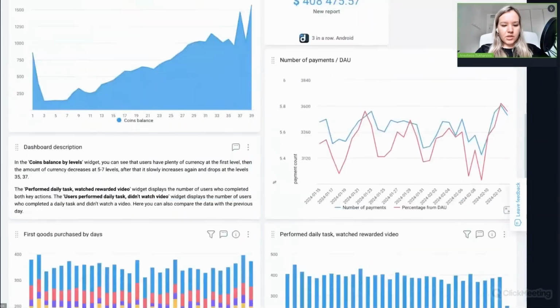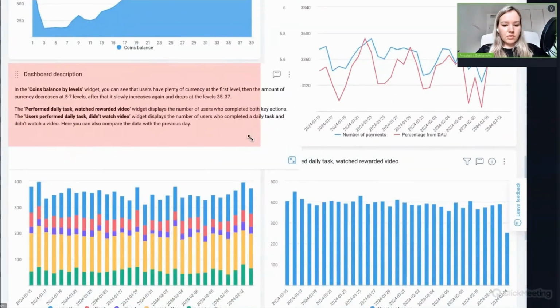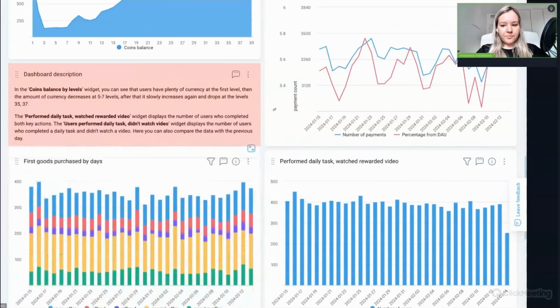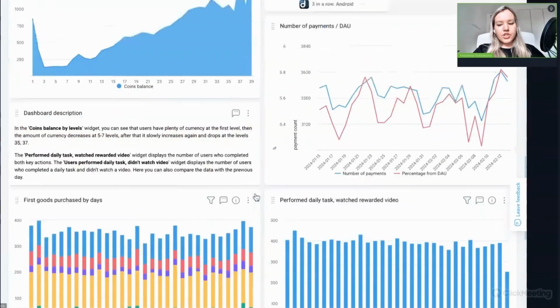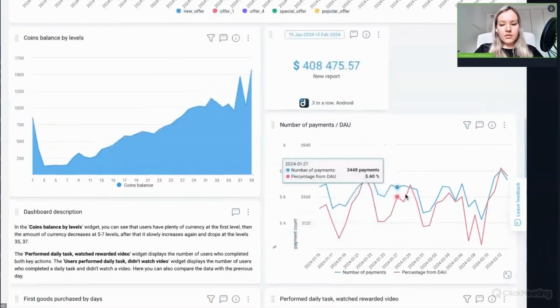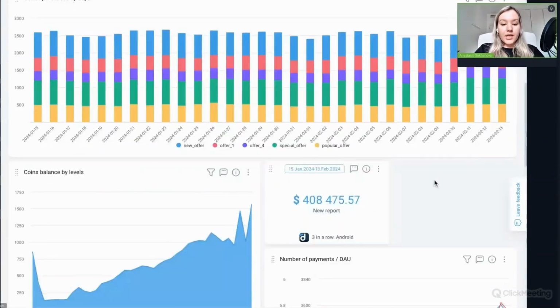And for example, you can also expand a text widget, but I don't think it's necessary right now. So in general, you can rearrange widgets and adjust their size as you want after you add them to the dashboard. And the next thing, suppose you want to create another dashboard